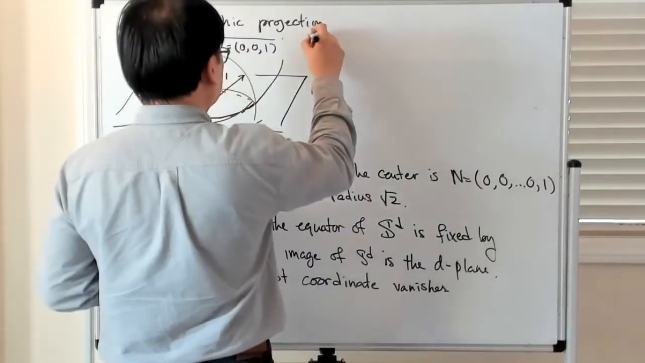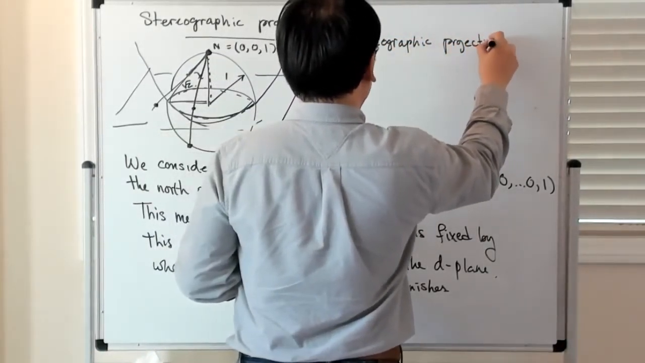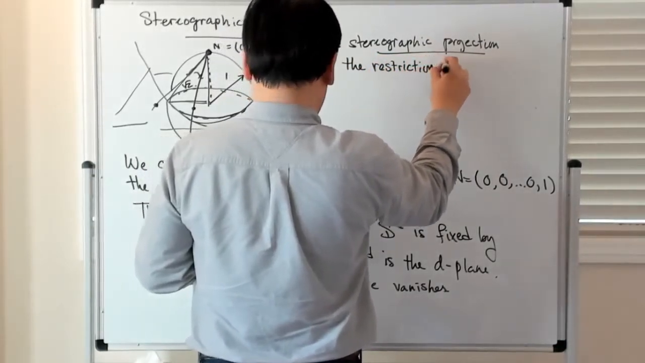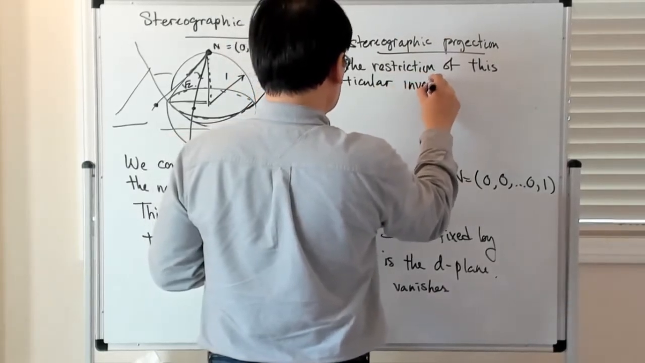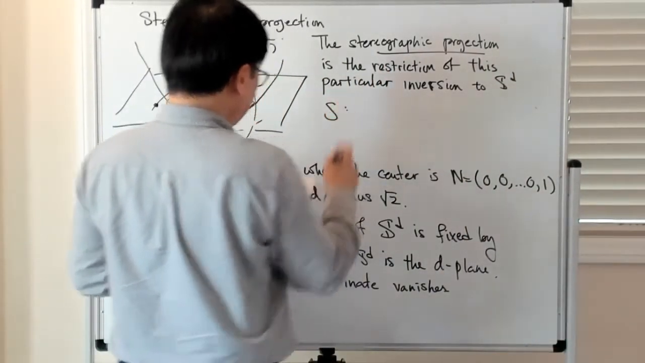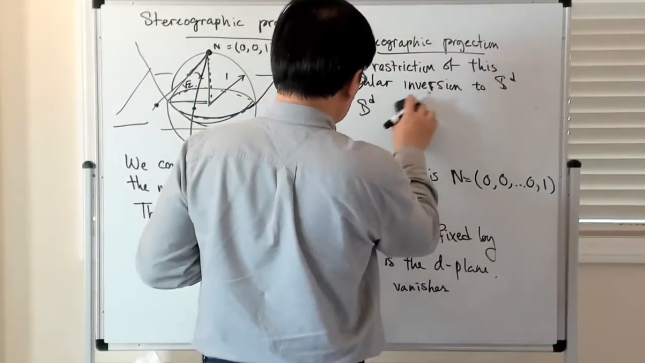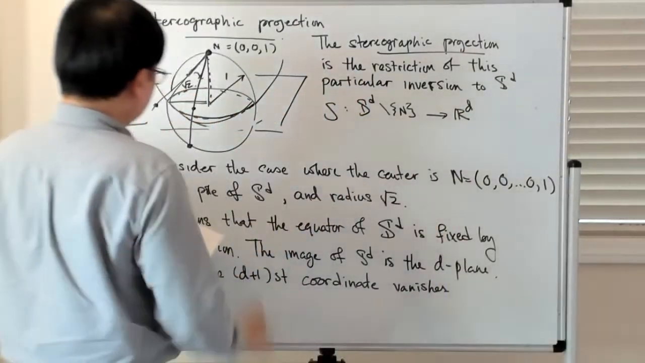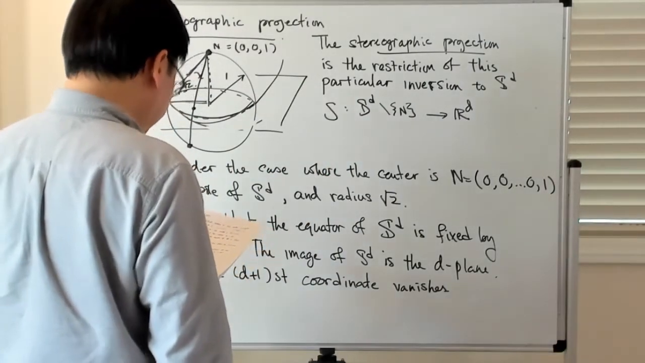So then the stereographic projection is the restriction of this particular inversion to the unit sphere S^D, and I'm going to denote this by a Greek S, basically a sigma. So it's mapped from S^D, excluding the North Pole, to R^D. I'm going to think of this D-dimensional plane as being identified with R^D, by essentially ignoring the last coordinate, which is always 0. And this is defined by